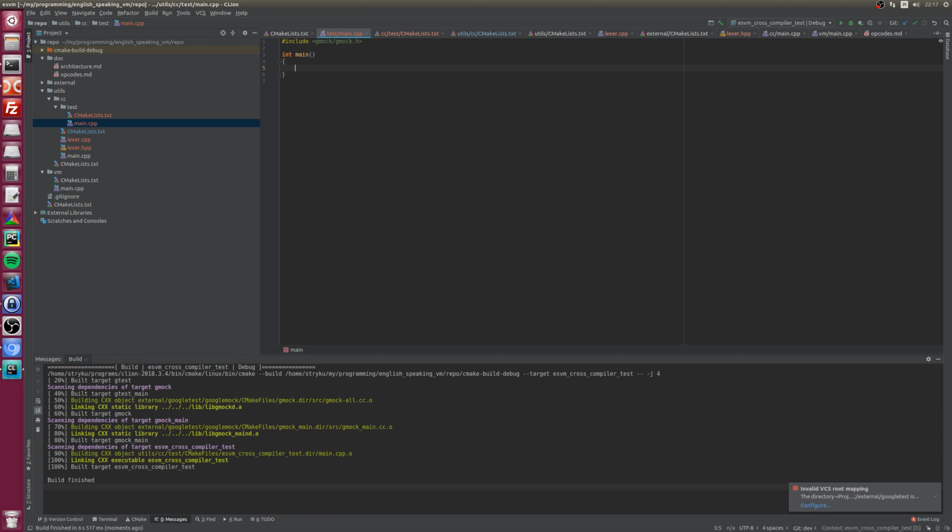int main and yeah, testing setup. I don't remember. Gtest main function primer. Where is main?